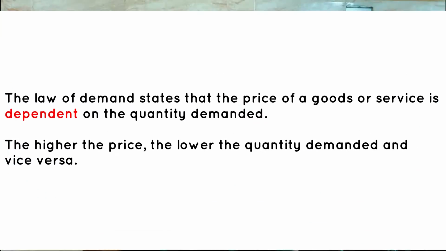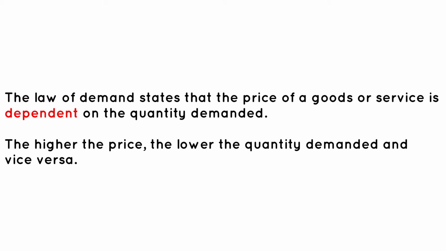As the name implies, independent and dependent, it is actually quite easy for us to define these variables from their names. But I like to explain the basic concept of independent and dependent variable from the basis of a simple law. There are a lot of laws I can consider in mathematics and physics, but I prefer to use the simple law of demand. The law of demand states that the price of a commodity is dependent on the quantity demanded. That is, the higher the price, the lower the quantity demanded, and vice versa.